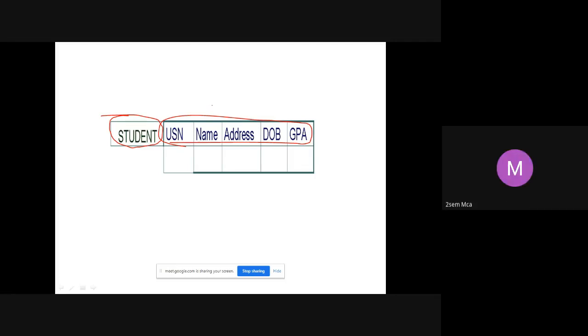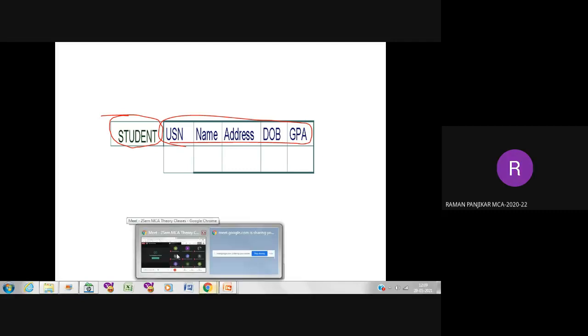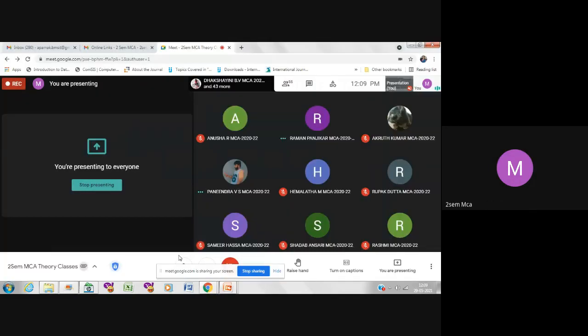Excuse me, ma'am. When we wrote the schema diagram, student is an entity. Why are we calling it a relation? What is a relation? Relation is a table. Did you get that? Relation is also nothing but a table. Relationship is different. Relation is different. Yes, ma'am, so student is an entity. Correct. But once you write the ER diagram, in yesterday's class, what did we say?